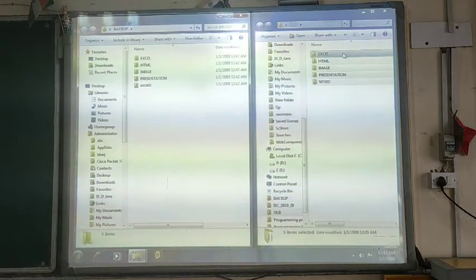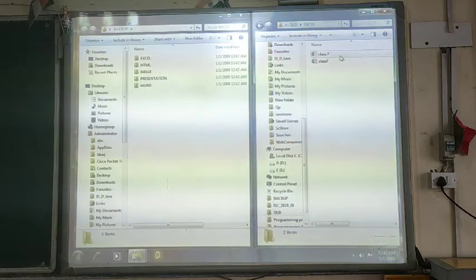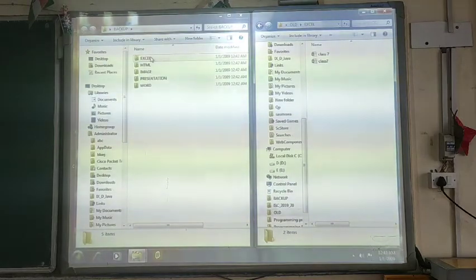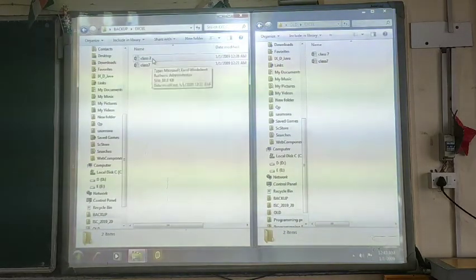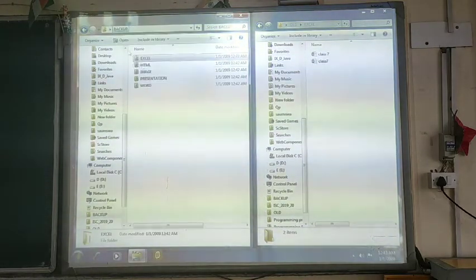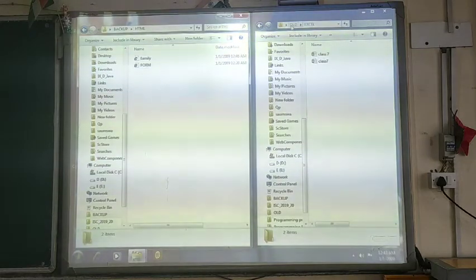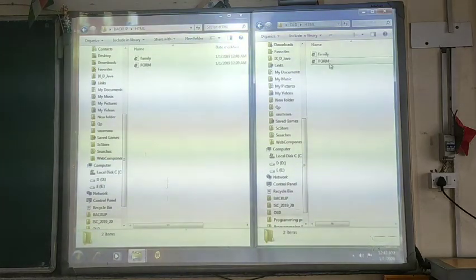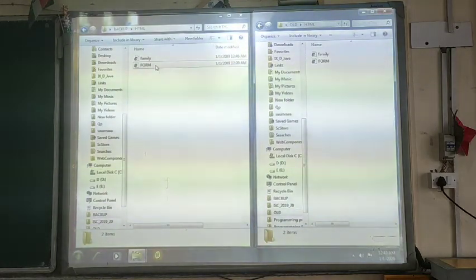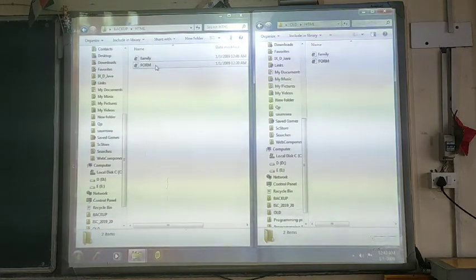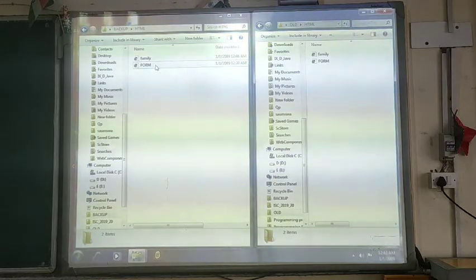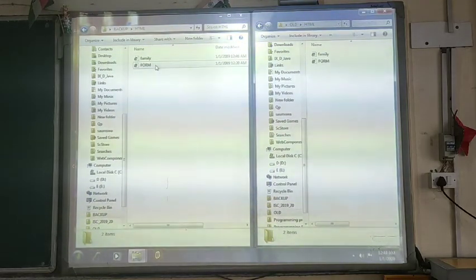Now you can see, suppose this is the Excel file I have opened. There are two different files in the same way. Within here also you can see the two different files. The same file will be available in both folders. In the same way, HTML, family and form. So this is how you can create and copy files and folders from one location to another location. I hope that you are able to understand these things.